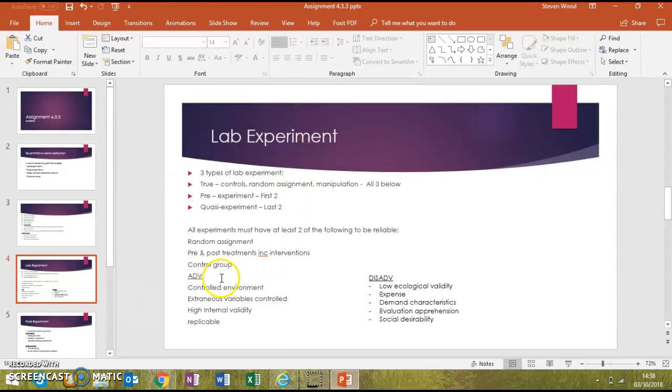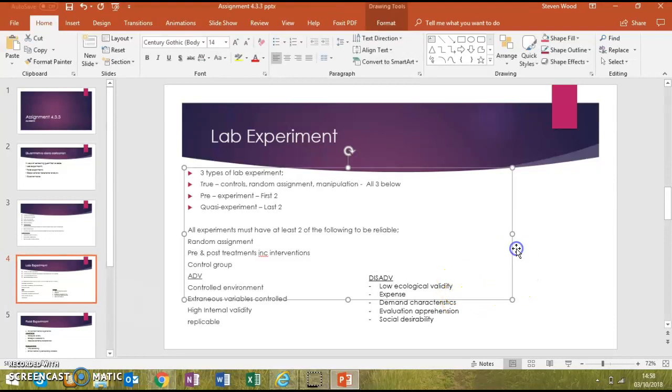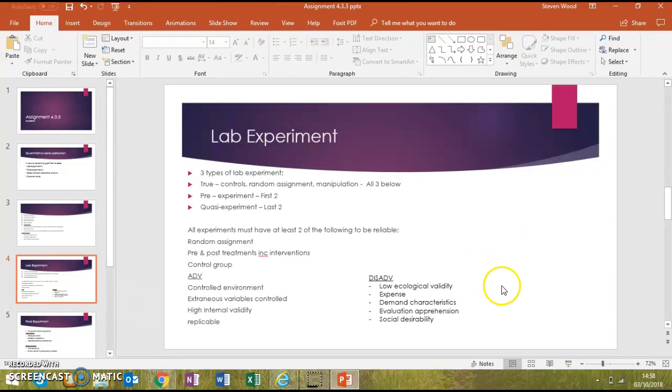An advantage of lab experiments is it's in a controlled environment, so extraneous variables and confounded variables are controlled. It's also high in internal validity, because you're the one conducting the research and you can get results that are fairly accurate. And it's also replicable, because the machines you're using are going to be gold standard, and you can obviously repeat that using the same equipment with another